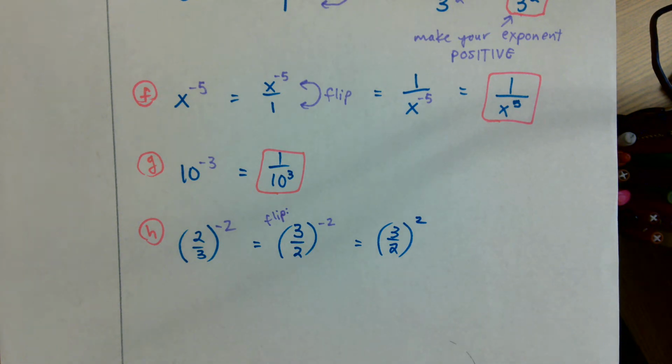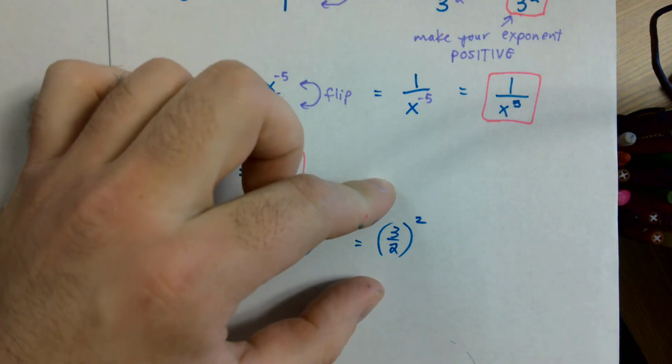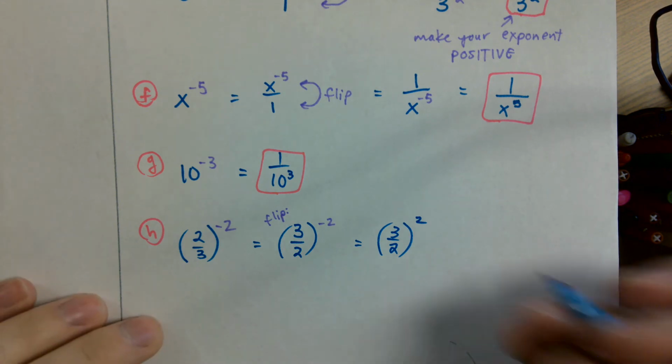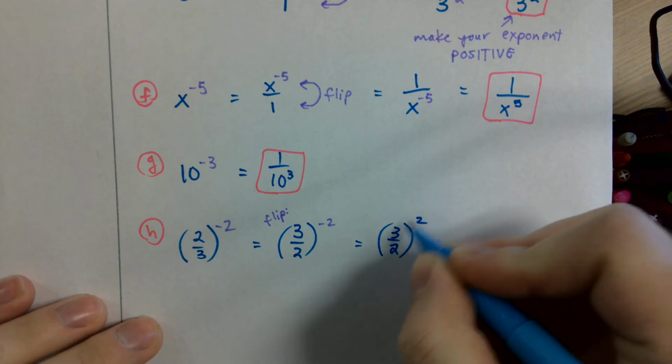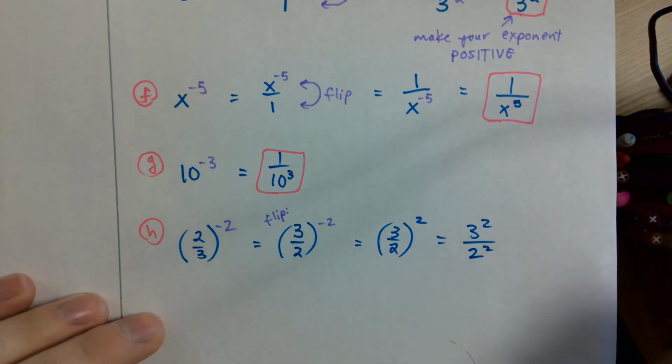And when we are squaring a fraction, think back to our warm-up today. This is exactly what we were doing, squaring fractions. We could expand this out to be 3 over 2 times 3 over 2. Or we could put this exponent on both the numerator and the denominator,